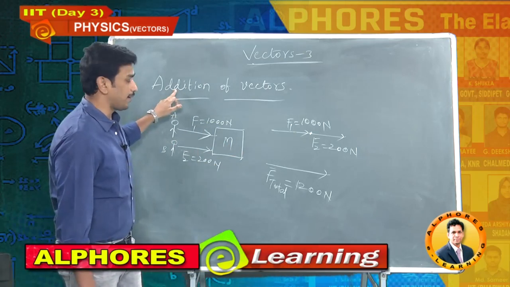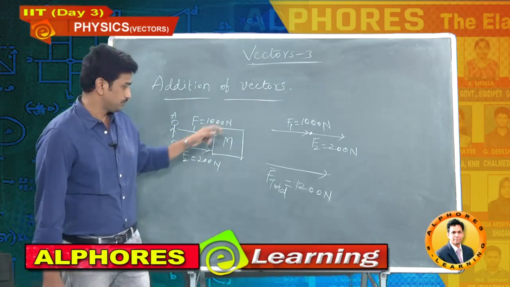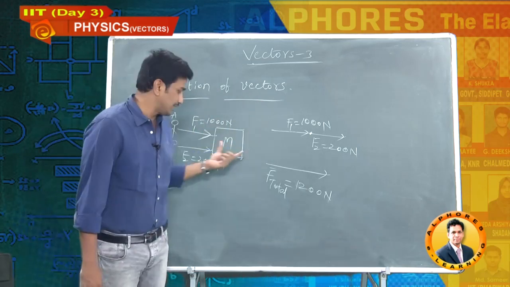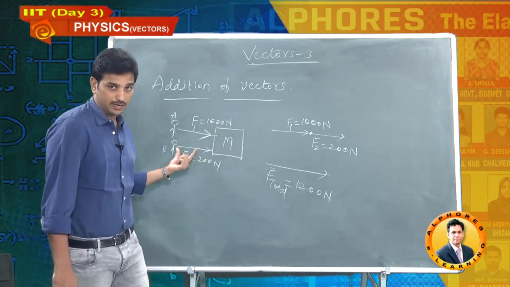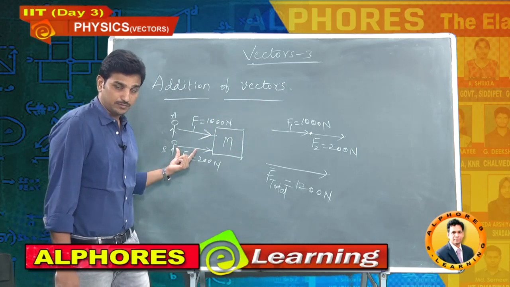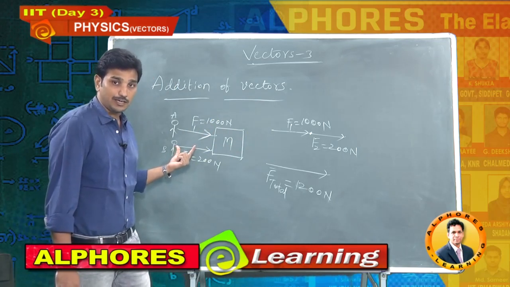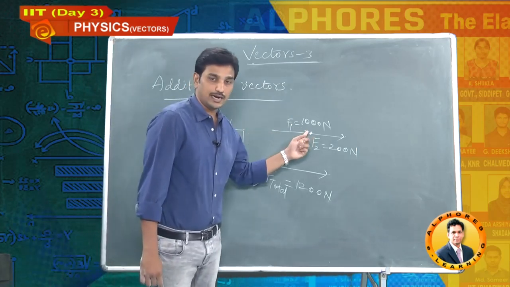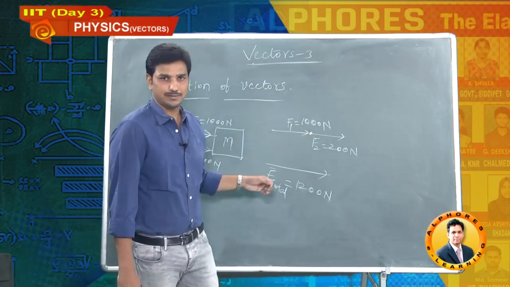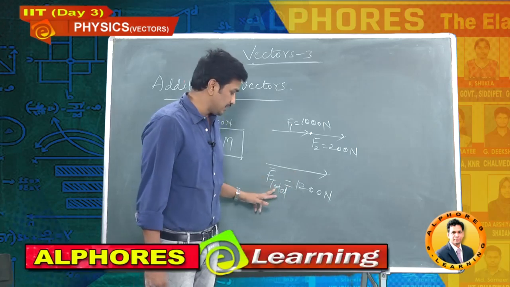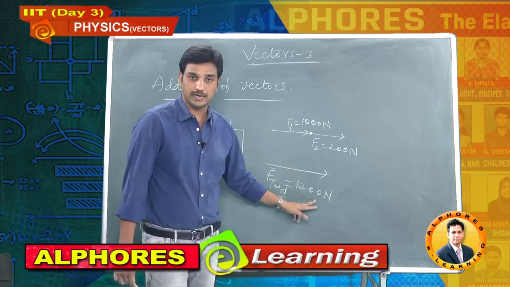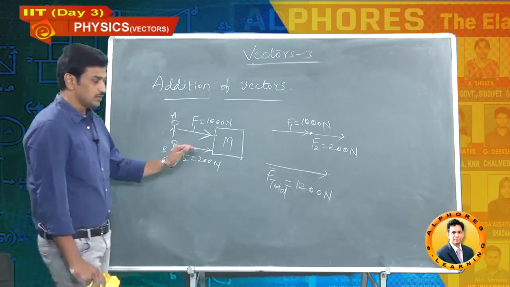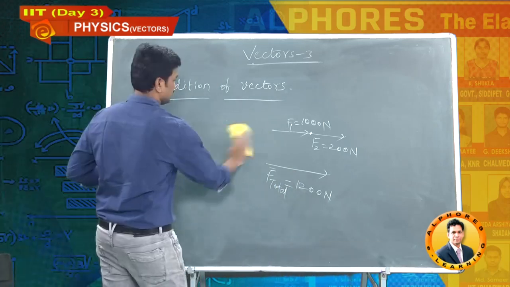How have I applied this addition of vectors concept? The same vector I can place anywhere without changing the length and direction of the vector. That's called parallel shifting. By using the concept of parallel shifting, this force I have shifted to here. Now head connected to tail, I can add simply. Added, the final resultant force is 1200. I think you understood the clarity. Same thing, I will just change the question.